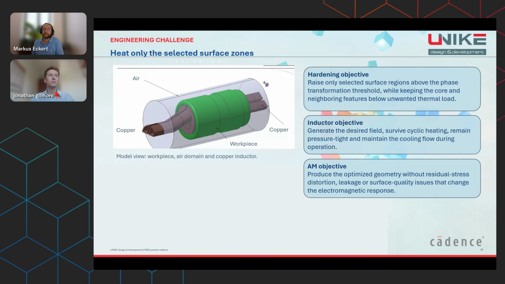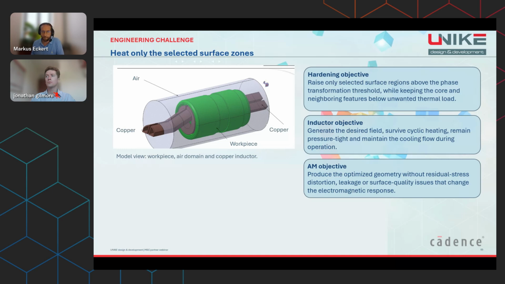The slide shows the actual engineering challenge. We have the workpiece, the surrounding air domain, and the copper inductor. The goal in the workpiece is not simply as hot as possible. We need a targeted temperature time history in specific surface zones. These zones should reach the transformation temperature, while the core and neighboring features should not be exposed to unnecessary thermal